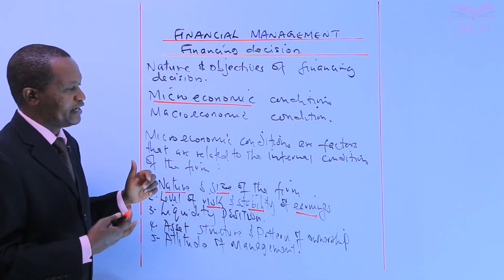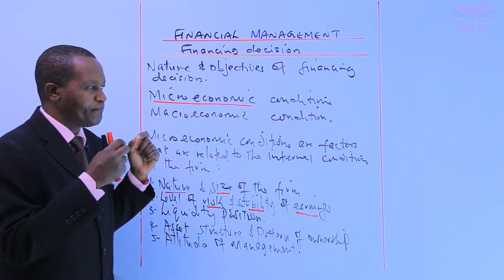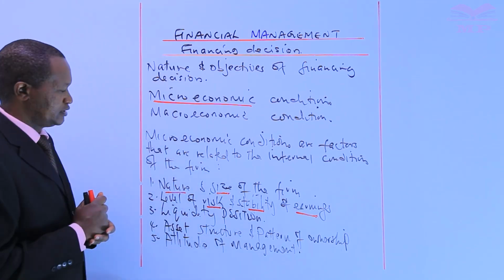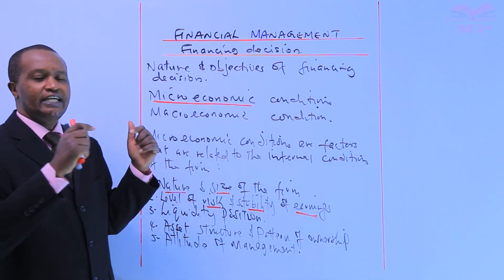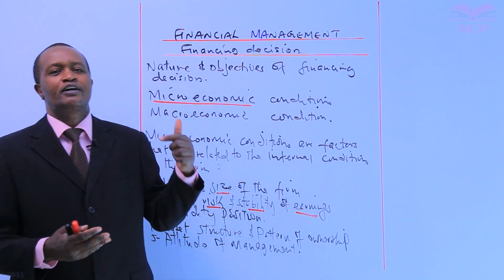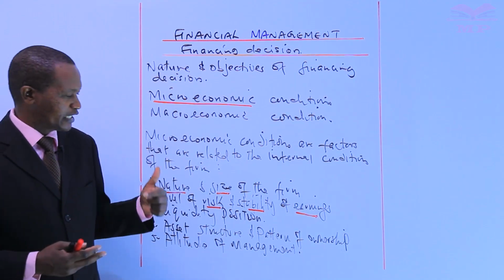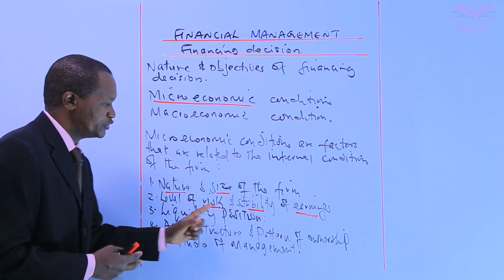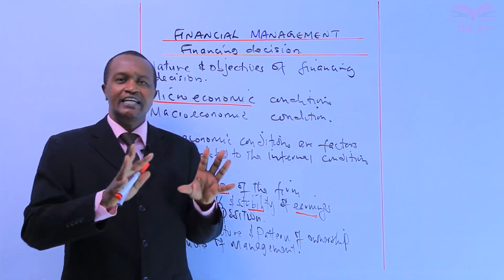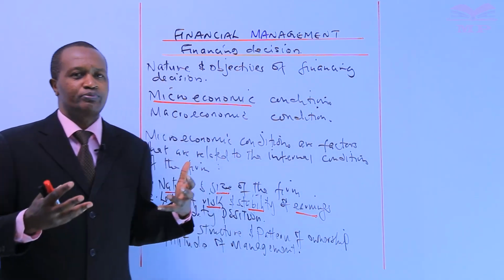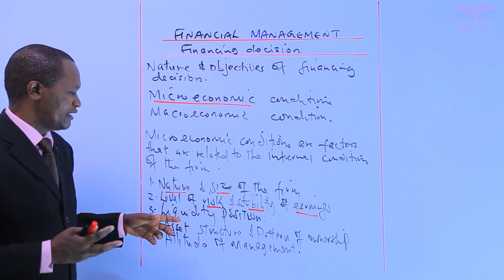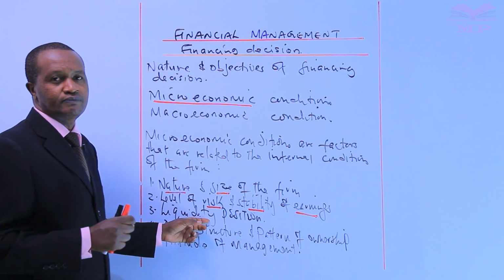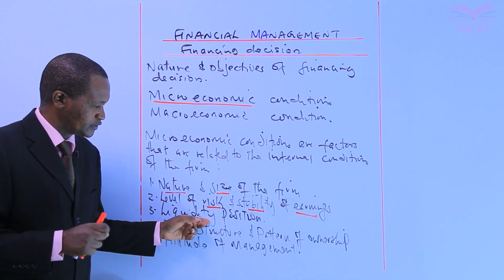Not liquid means a firm that does not have sufficient money or financial resources to meet its short-term obligations. A firm that is unable to meet its short-term obligations is a firm that can be described as having what we call unsound liquidity position. A firm that has at its disposal sufficient money to meet its short-term obligations is a firm that has a sound liquidity position. Do you understand, candidates?